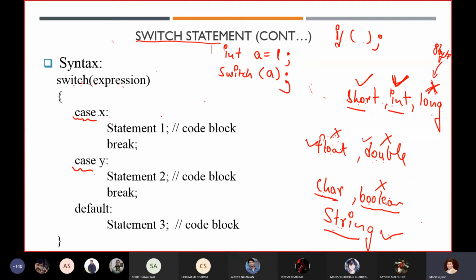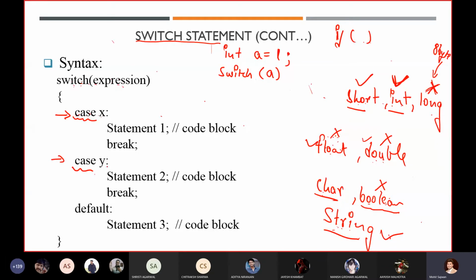But in the case of if, even if you are not writing curly braces, it will execute your code. In the case of a switch statement, if you are not writing curly braces, you will get an error. Always remember this.